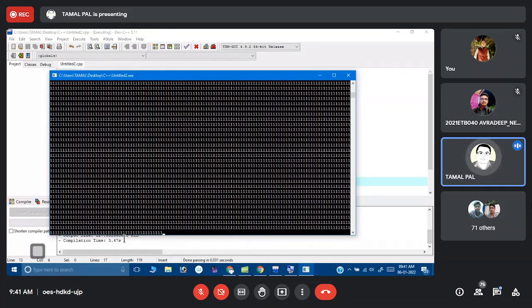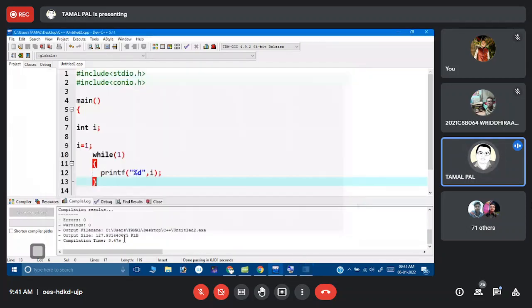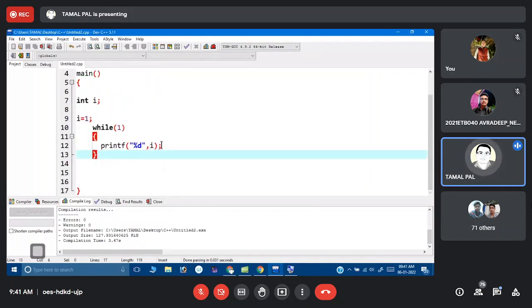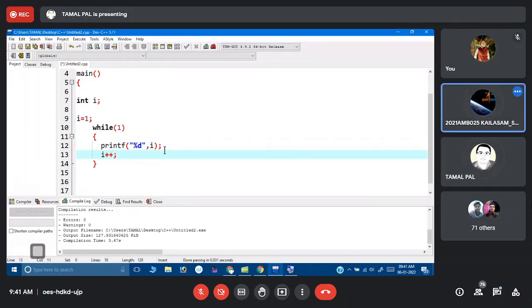And one more mistake I have done. I have used control break. One more mistake. Why am I getting always one? Because I have stopped implementation. So it would increment. Even if I increment, still I will face that problem.